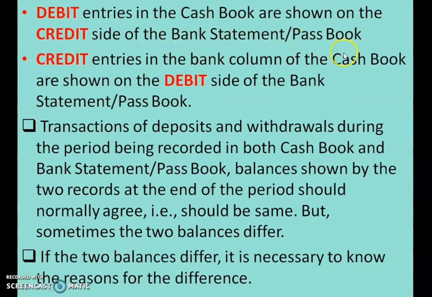statement or passbook. So children, what you have to understand over here is, cash book and passbook are providing two different functions. Cash book is showing in what way the cash is going out or coming into the business. What are the cash receipts and payments of the business? And passbook is showing the cash deposited and cash withdrawn by the businessman. Okay, so both books are giving you two different